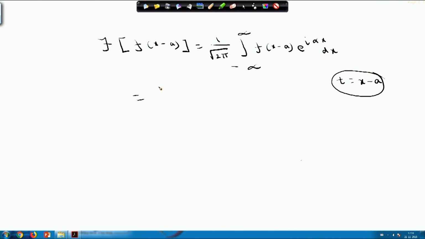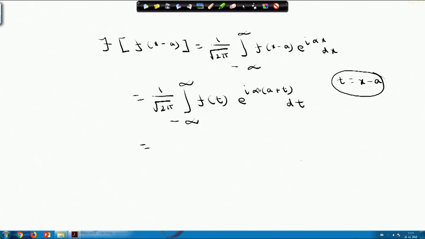Once you are substituting t equals x minus a, the limits of the integration: as x approaches minus infinity, t will approach minus infinity, and when x approaches infinity, t will also approach infinity. F of x minus a will become f of t then. Here it is e power i into alpha into x, where x is nothing but a plus t, and dx will be replaced by dt, since dt equals dx. So, by substituting t equals x minus a in the given integral, I obtain this, and this equals